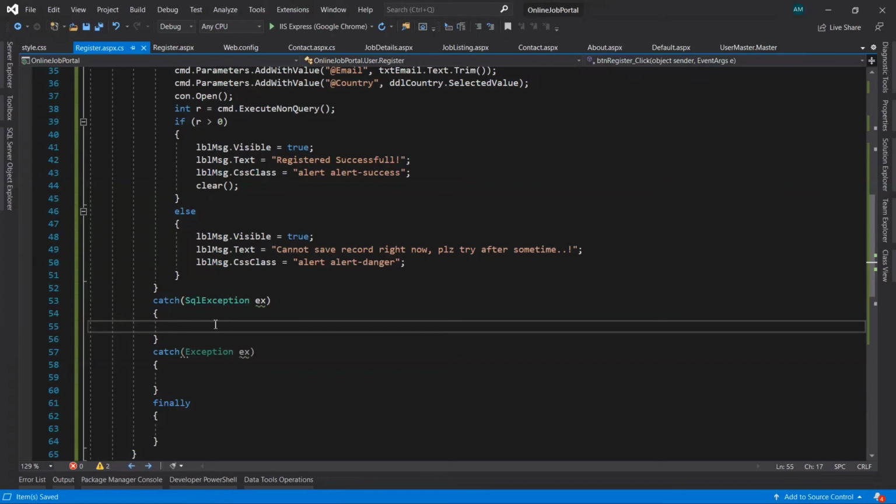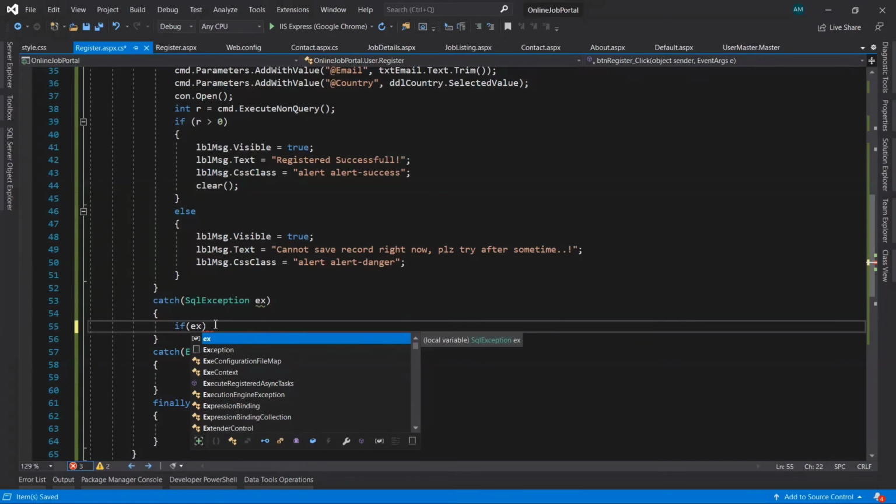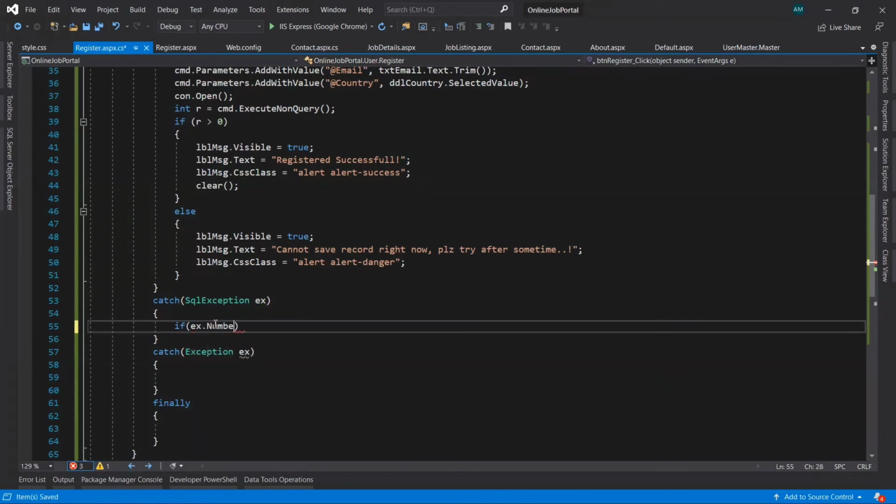Now here it will check if ex.Message, not Number, Message.Contains, violation of unique key constraint.